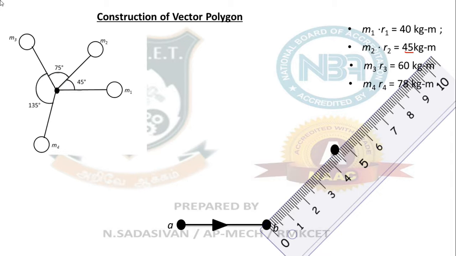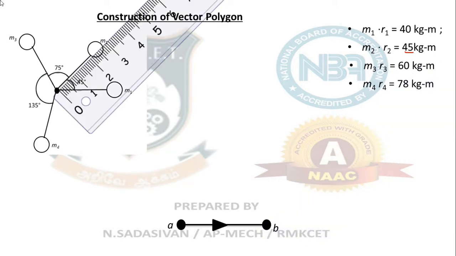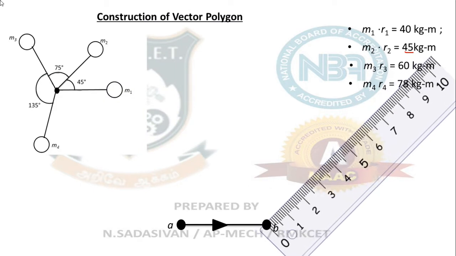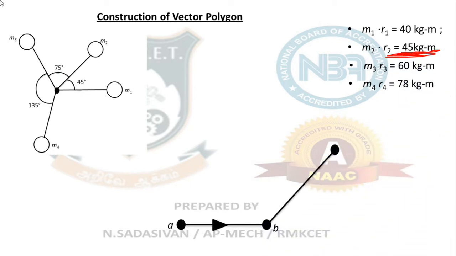Okay. So second, m2 mass direction I have transferred. What did I do? I just took the scale and placed it here. Moved the scale to point B, end of the first vector, second vector starting point. So same angle you have transferred. What is the magnitude you see here? 45. Second m2, 45 kilogram millimeter. So that 45 you mark here, then draw a line. And direction, upward pointing direction. Clear? Name the endpoint as point C. Clear? Okay. Now the third mass.